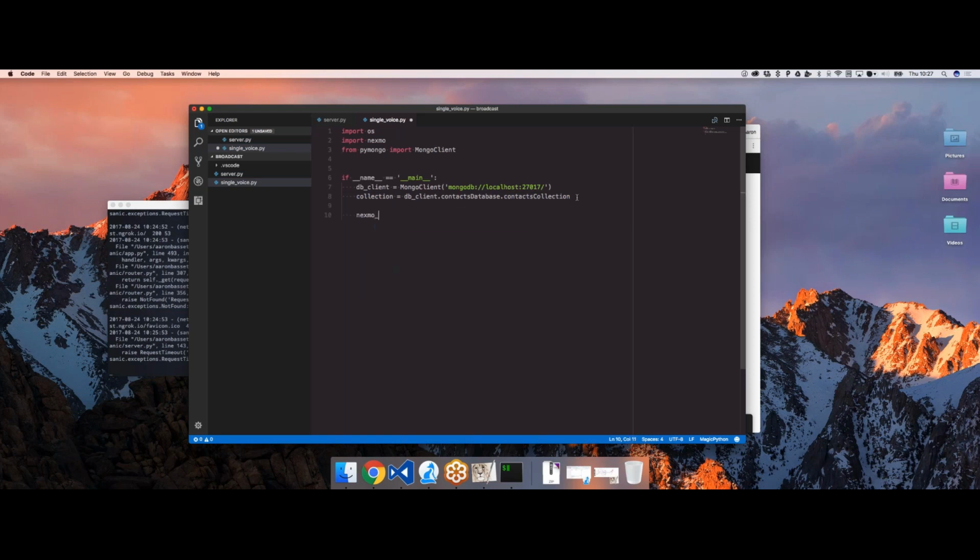We need to set up our Nexmo client as well. Because I have everything stored in environmental variables, I can just use them in here. So I'm going to go like Nexmo.client, and we're going to need to know our application ID, which is os.environ, it's going to be broadcast